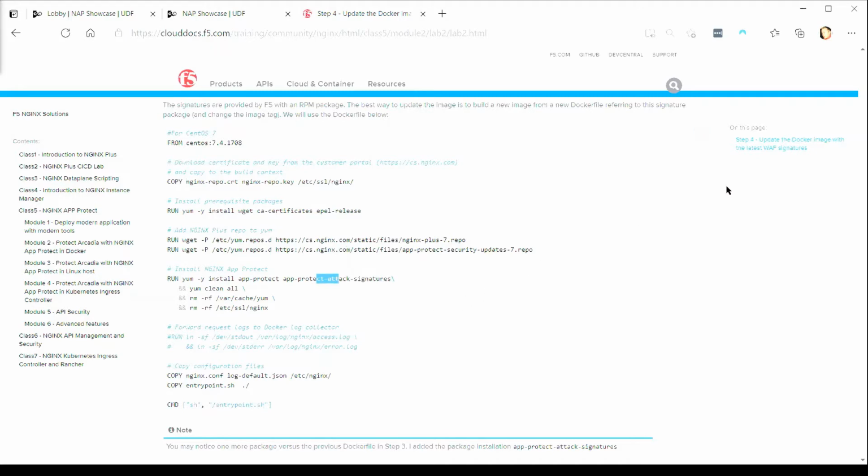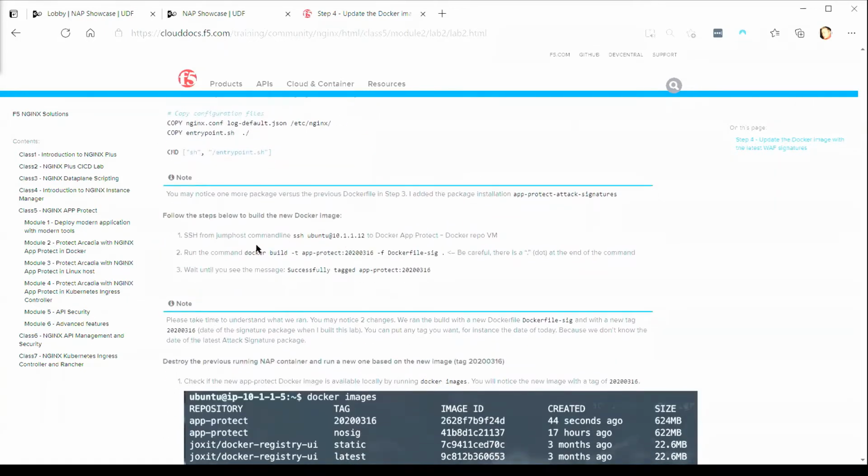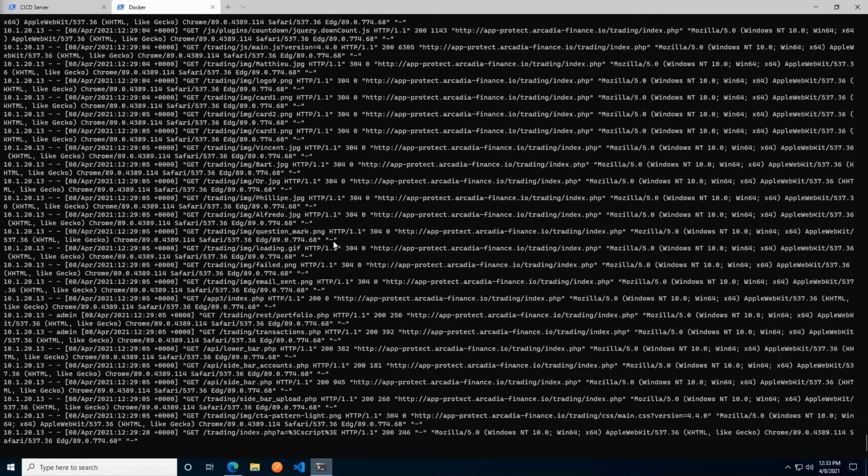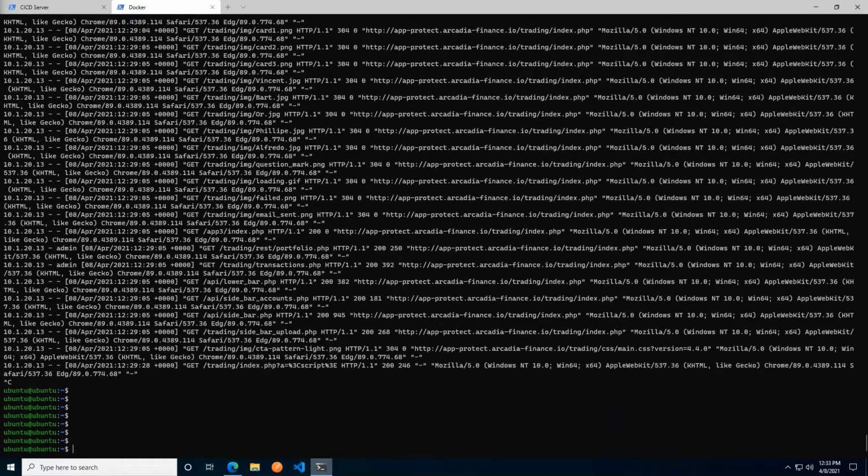So let's go ahead and run this particular build. Again, it wants us to go to the Docker repo virtual machine. We should already be there. So I'm just going to copy out the Docker build command, again being observant of the final dot indicating the current directory as the path. I'll copy that, and then I'm going to pop back over into my RDP session, into my terminal. I'm still in follow mode on the log files here, so I'm just going to press Control-C to exit out of that. I'm back to my prompt here.